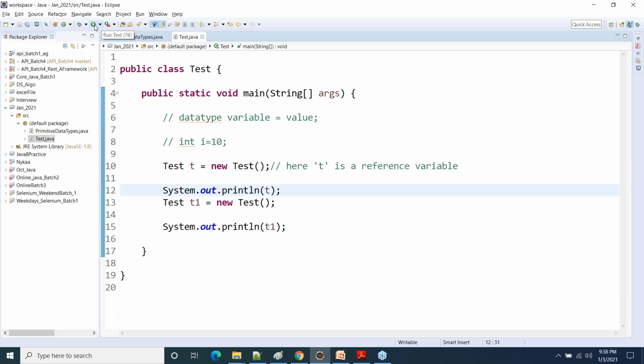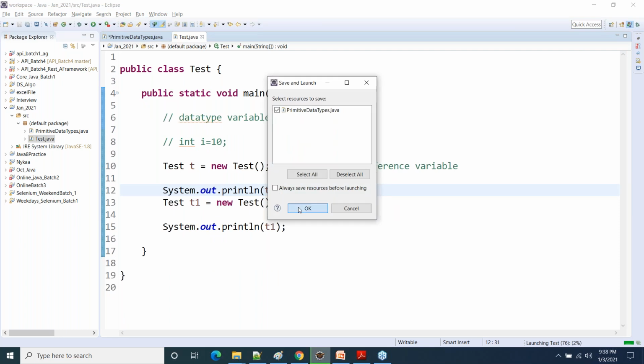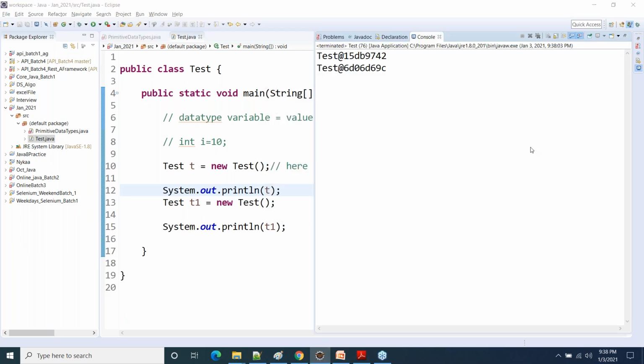Same result means... can you see the same result here? No, it will be different. Then the connection of the Java, I think it will be.